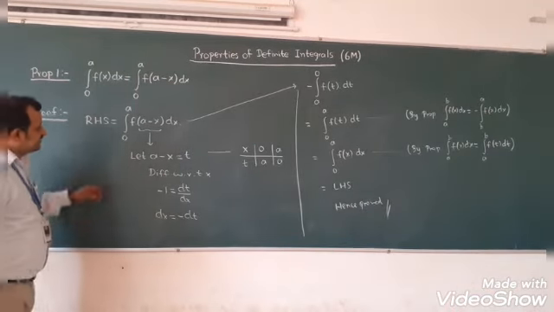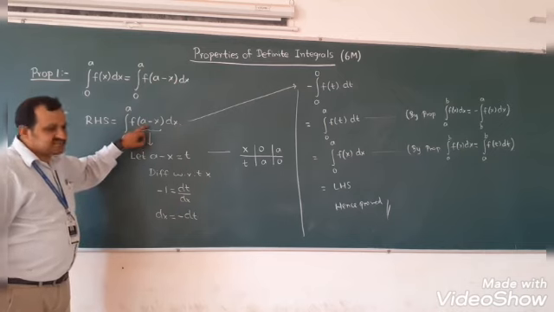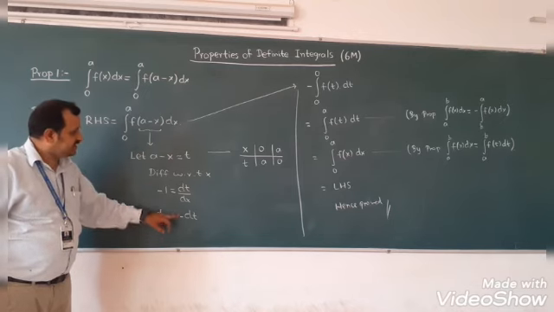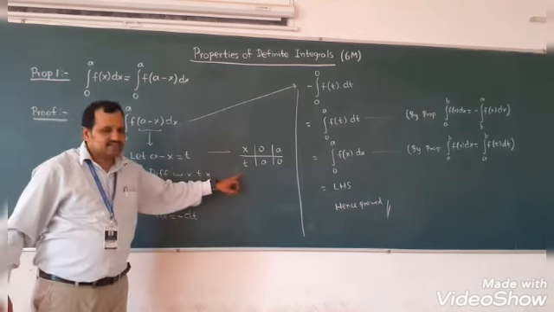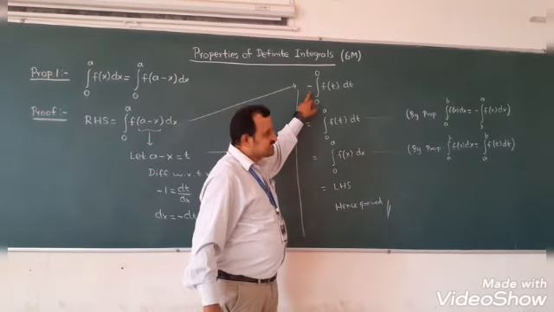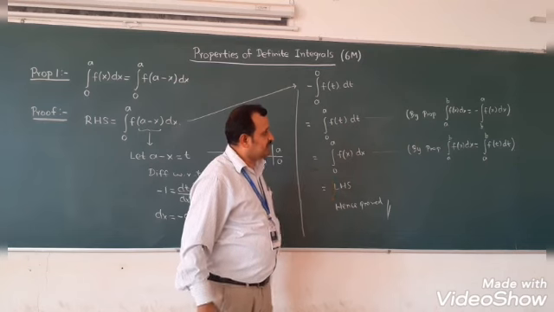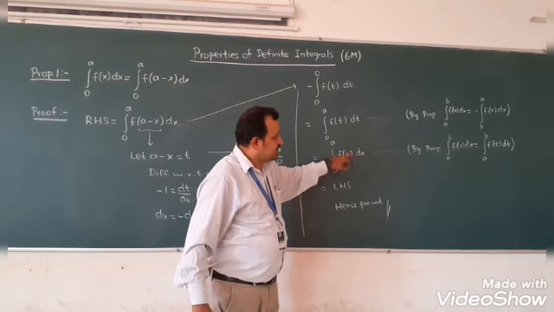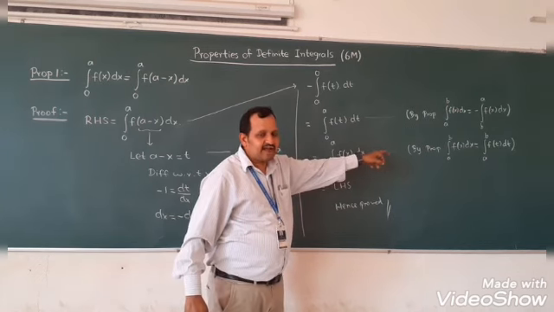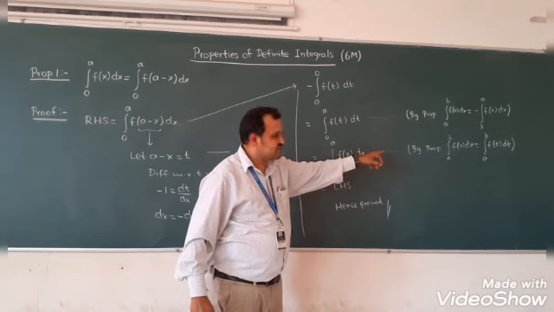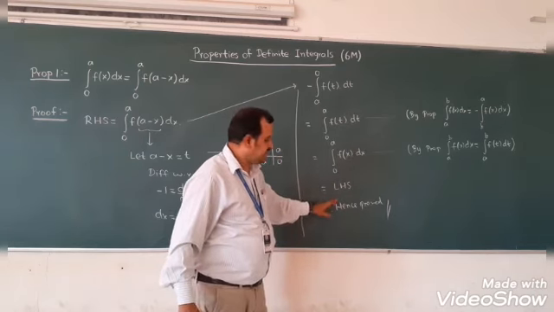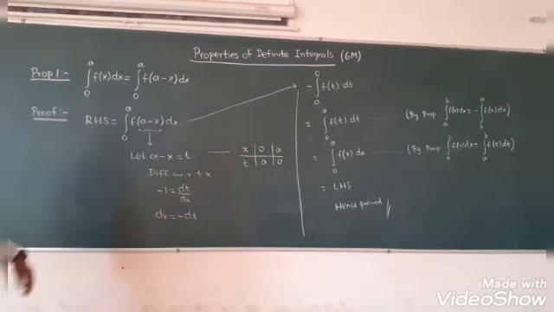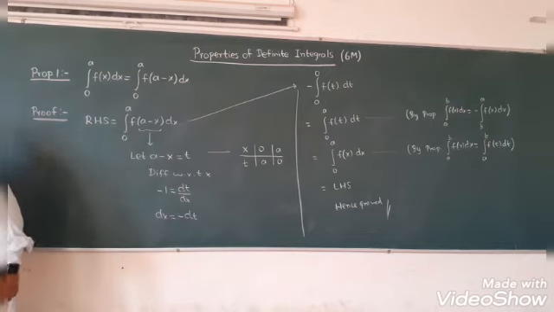I hope the proof is clear. So what we have done is, we have taken the right hand side, a minus x, I assume it to be t, differentiate, dx equal to minus dt. The moment you do substitution, limits will get changed. Now to remove this minus sign, limits will get changed by using that property. Again, in place of t, if we want to write x, use this property, that is the value of a definite integral is independent of change of variable. So which is nothing but the left hand side. Hence, let us see the second property, a very important property this is.